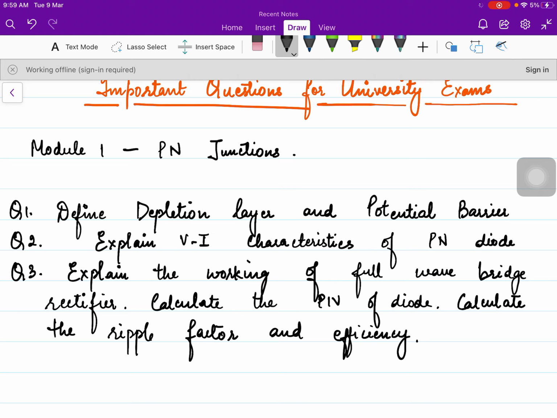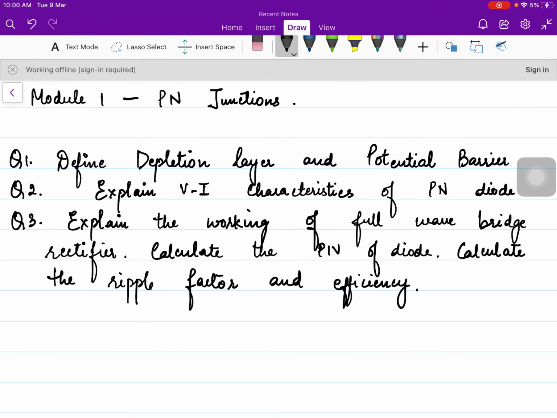VRMS, VDC for half wave and full wave rectifier both. And then you must know the general formula for ripple factor, you must know the general formula for efficiency, and putting the values of VRMS and VDC or IRMS and IDC over there, you can simply calculate the values. So this question is very important, and if the question does not come in the same form, then it will surely come in some or the other form. So this was the question related to rectifier.